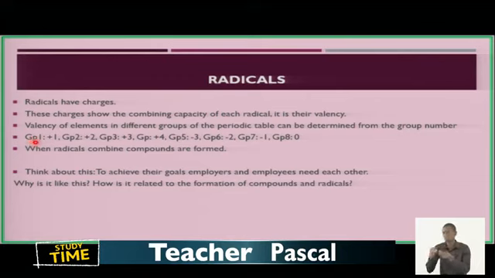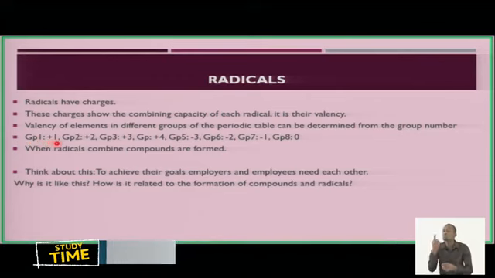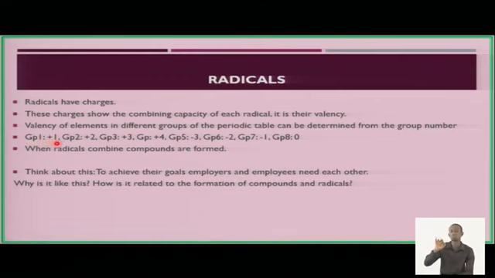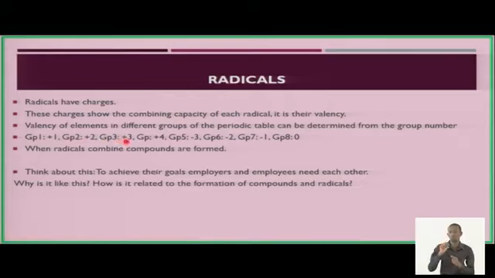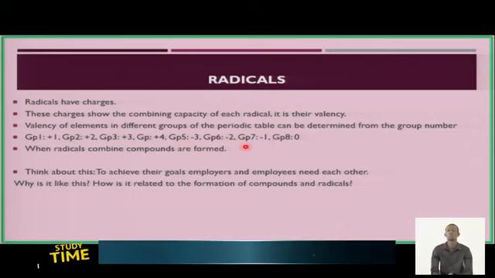For group 1, the valency is 1. For group number 2, the valence is 2. For group 3, the valence is 3. And for group 4, the valence is 4. But when you go to group 5, 6, 7, then you take the number of,